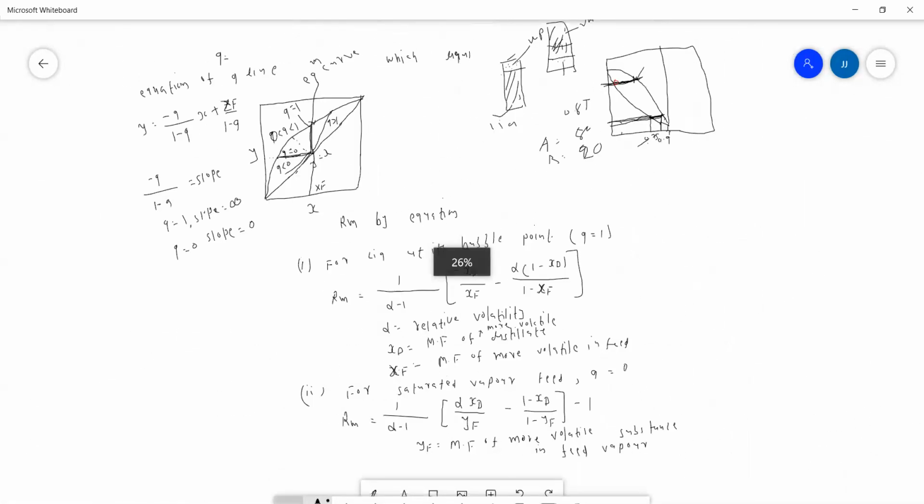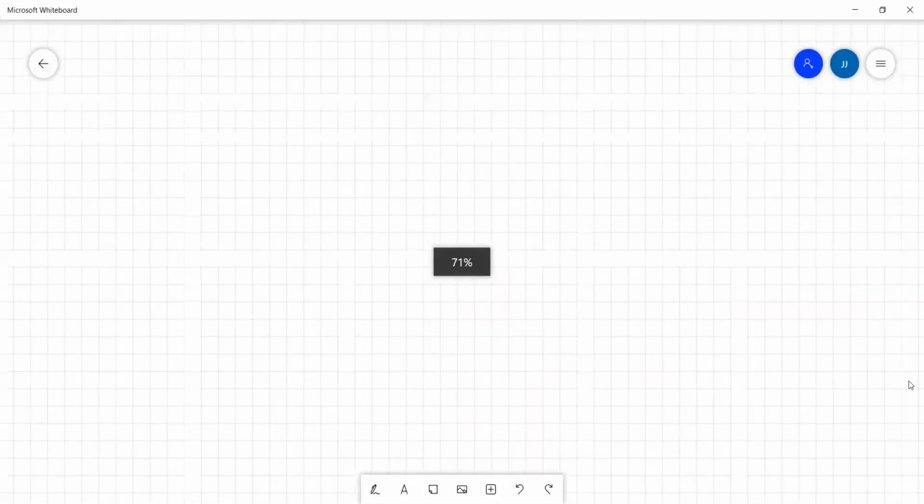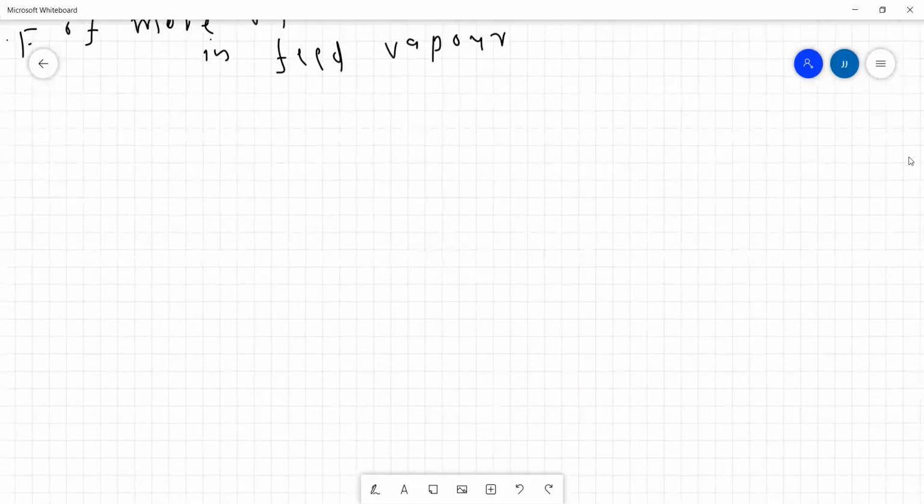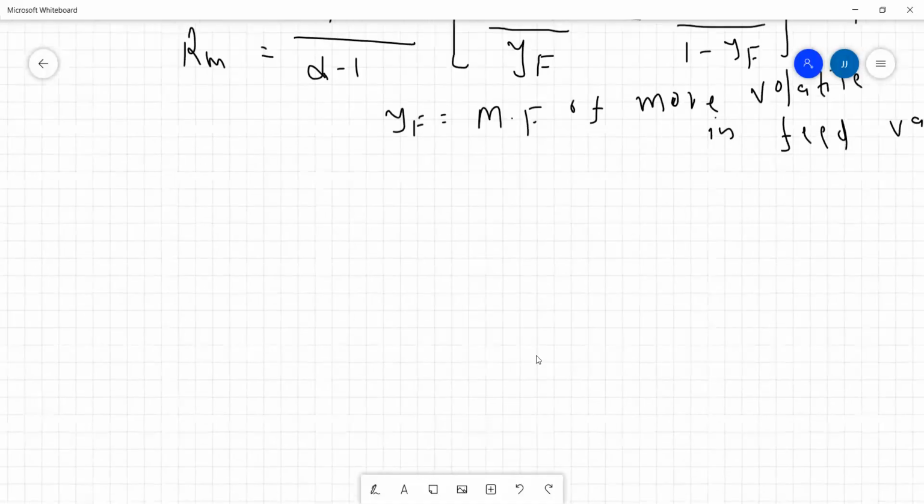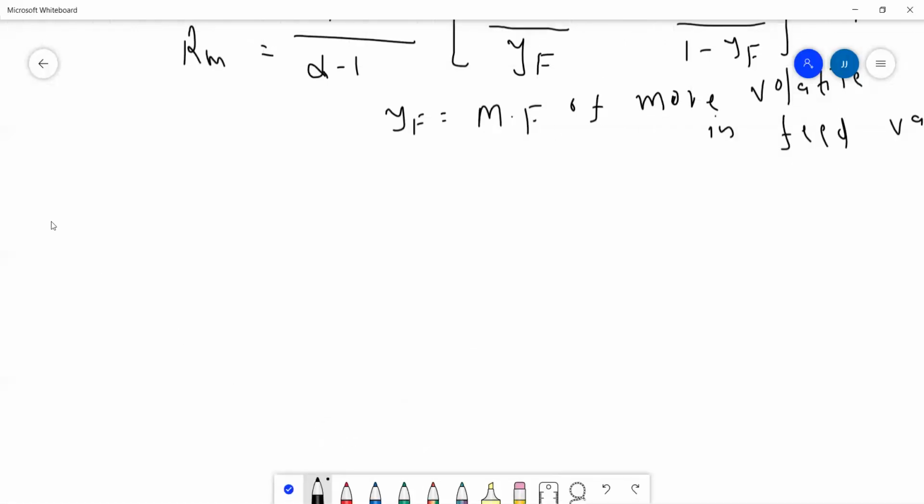But if the feed is in any condition, out of the 5 conditions which I've already mentioned, any condition of feed,